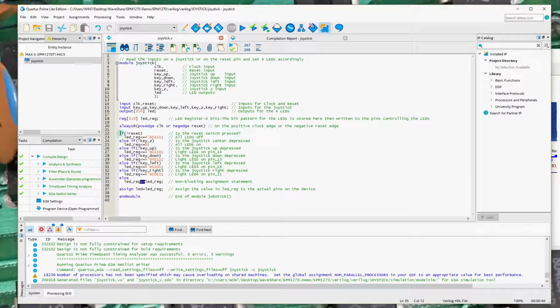I do a lot of software development. I'm used to reading this as a sequential series of statements. If this is true, do this. Else, if this is true, do this. Else, if this is true. And you think of this as evaluating each one of these in sequence. The reality is